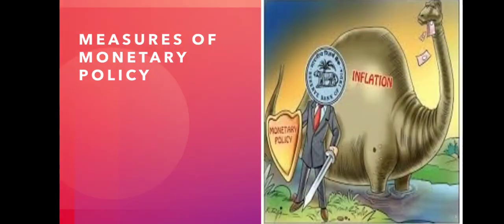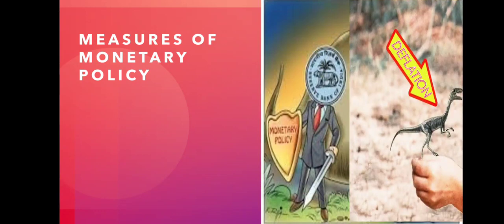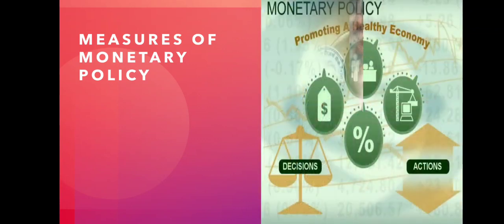Let's look at the measures of monetary policy. Now, we know that the RBI is the monetary authority of the country. And so, in times of inflation or excess demand, when people have too much purchasing power, and also when there is deflation, that is when people's purchasing power reduces, it is the RBI that will take certain decisions and actions in order to promote a healthy economy. So we are looking at these measures or actions or decisions of the RBI, which we call monetary policy